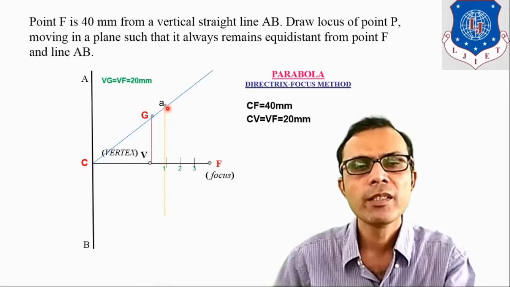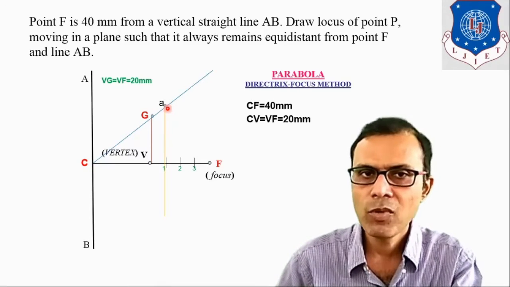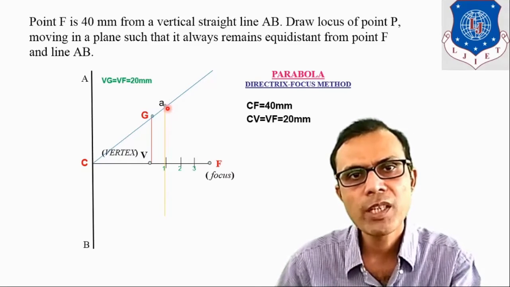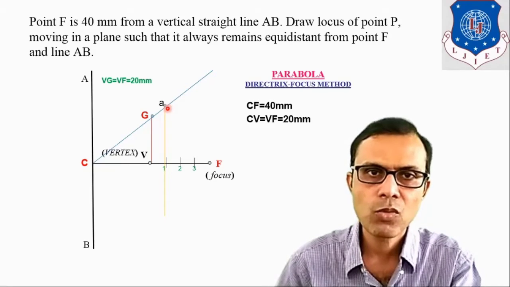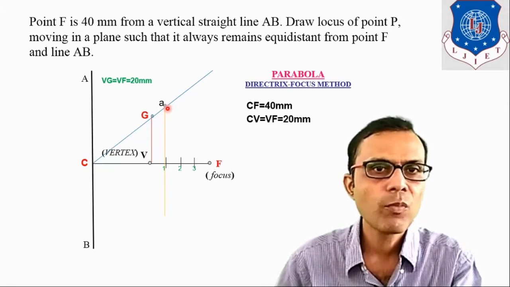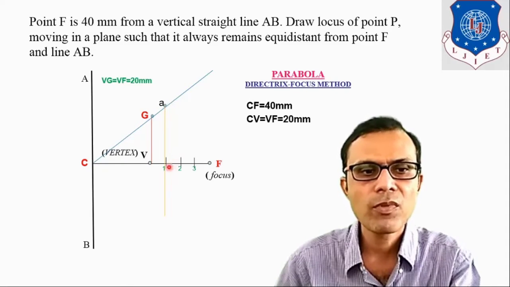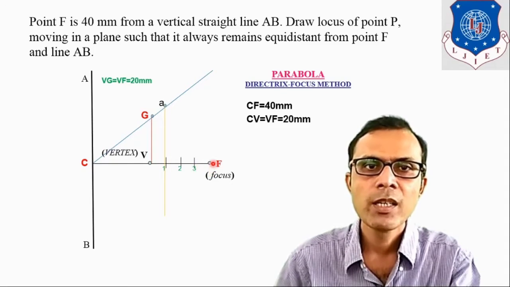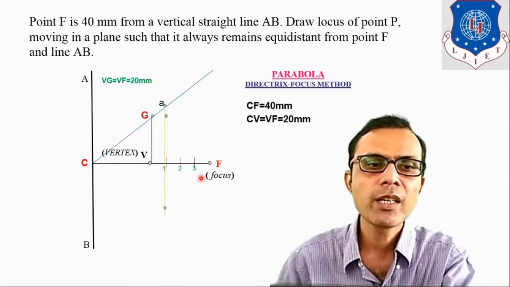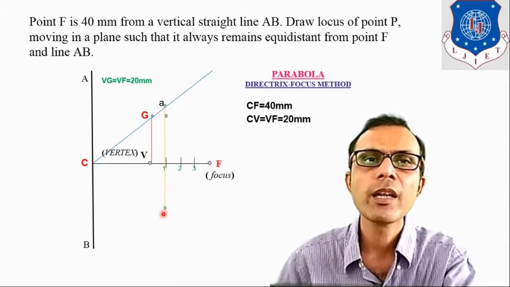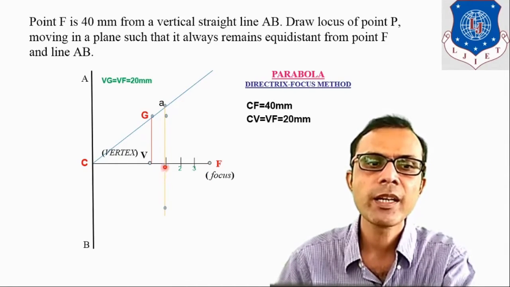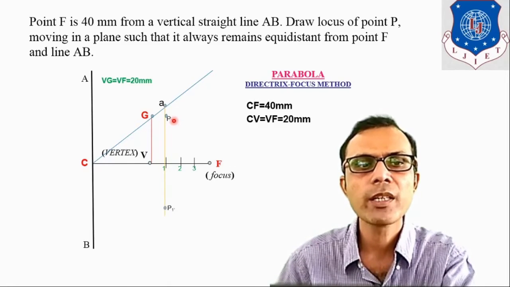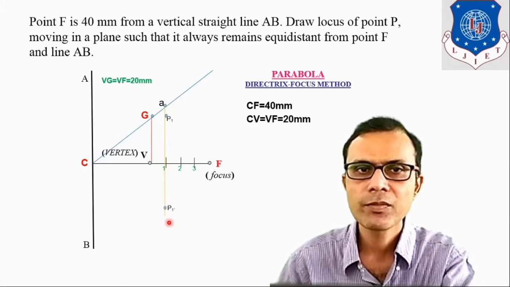Now we have to obtain the curve, and for that first of all we have to locate the points through which the given curve passes. To obtain these points we have to follow some procedure. First, take compass size equal to 1, keep F point as center point and draw an intersecting arc on this vertical line on both sides of the axis, that is above axis and below axis, and mark these intersecting points as P1 and P1 dash.